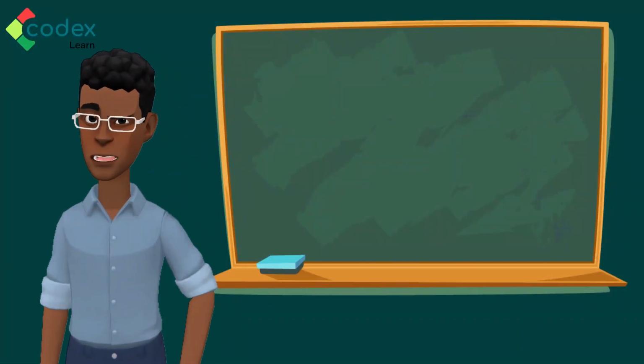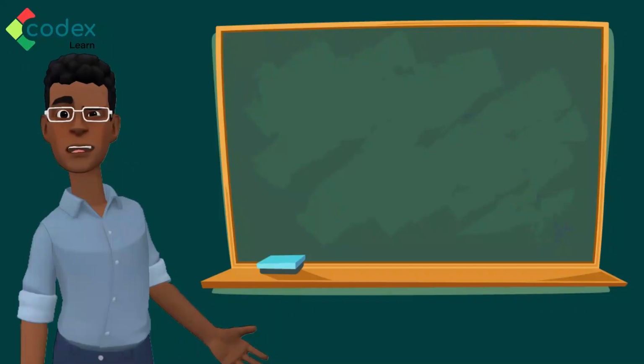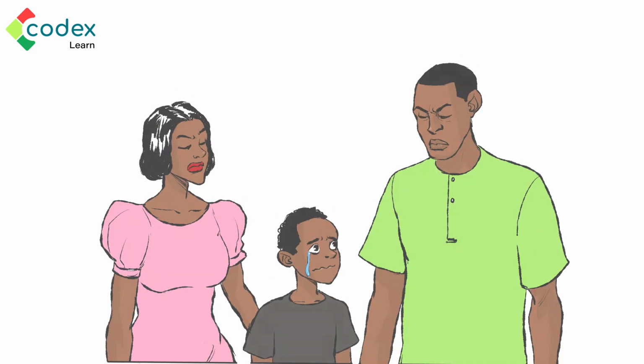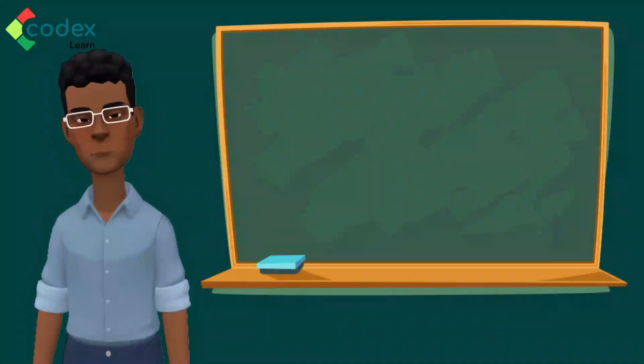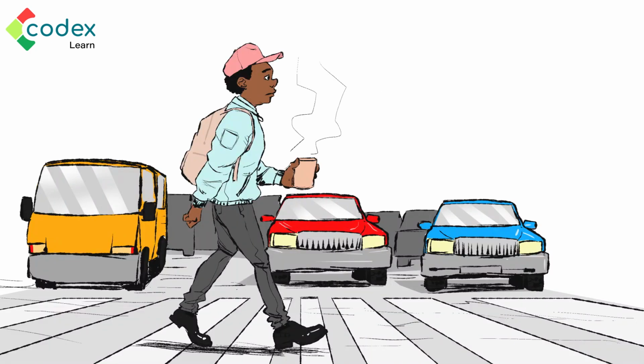As we saw in the last class, when we obey the rules, we are happier. For example, when we seek permission before leaving the house, our parents are able to track us and ensure our safety. In the same way, if we do not, our parents will be very sad and we will also be at risk. Also, when we follow the crossing rules by looking left, right, and then left, we are protecting ourselves from being hit by a car.